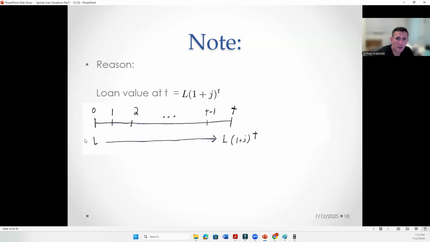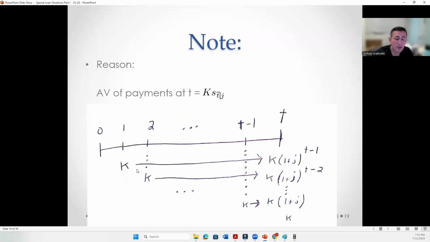If the interest rate is J for the first T periods, this is the loan value at T. This grows by J times 100% per period for T periods. If the payments are constant for T periods starting at 1, then this is the accumulated value